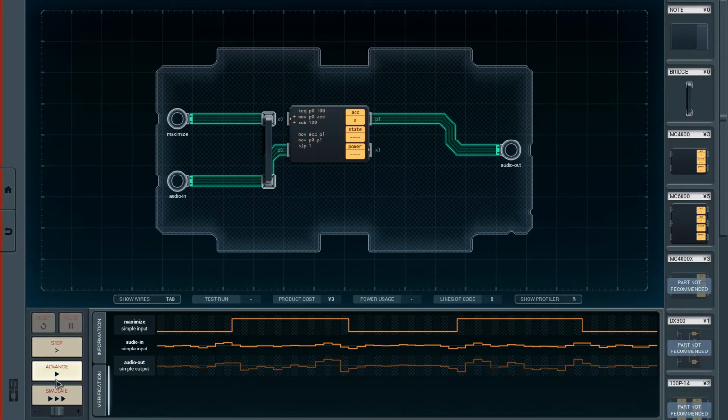We'll pull these out and see what that does when we get there. ACC is being shown as 0 here. It should be copying P of P0 to ACC, subtracting 100 from it, and then